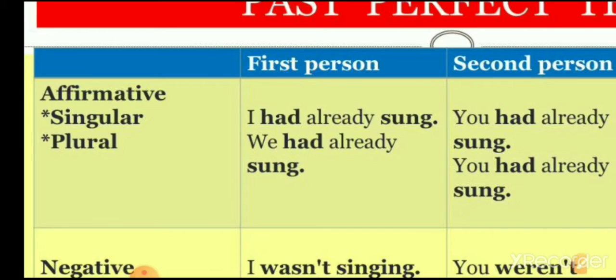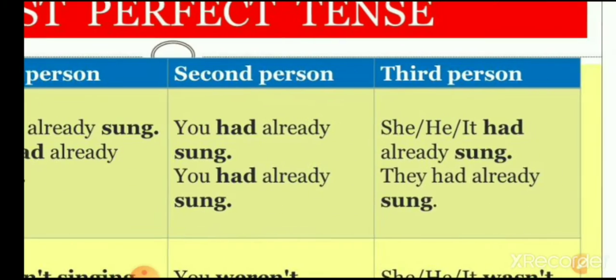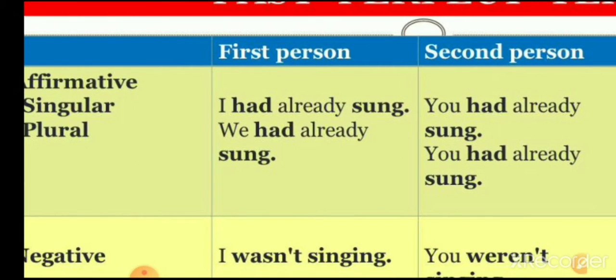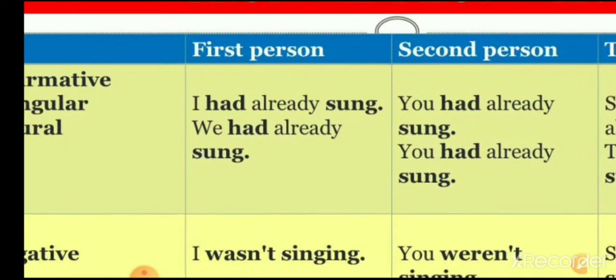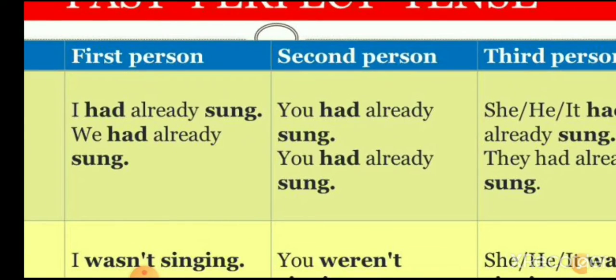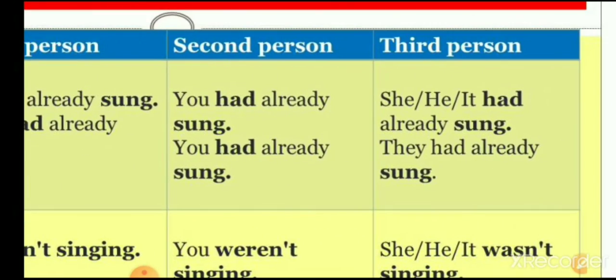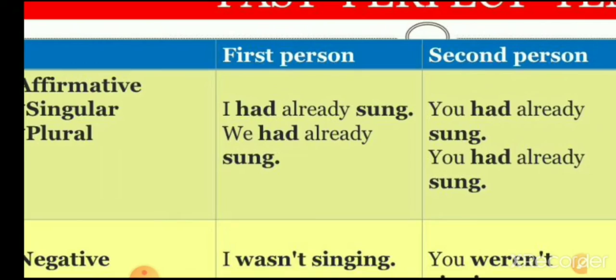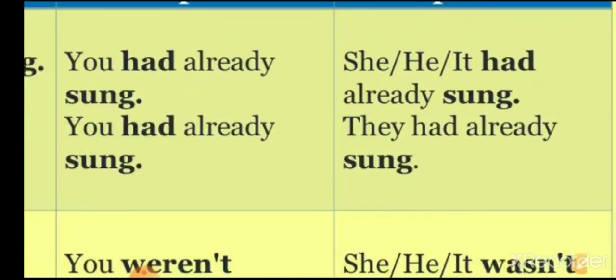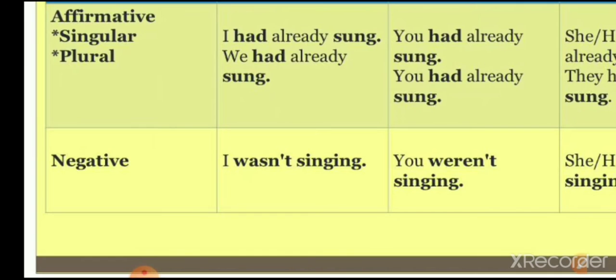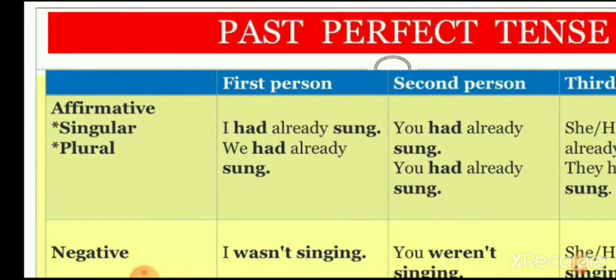Affirmative. In case of affirmative singular, I had already sung. And for first person plural, we had already sung. So we is first person plural. For second person singular, you had already sung. For second person plural, it is you had already sung. For third person singular, she or he or it had already sung. Likewise, for third person plural, they had already sung. Likewise, in case of negative sentence,